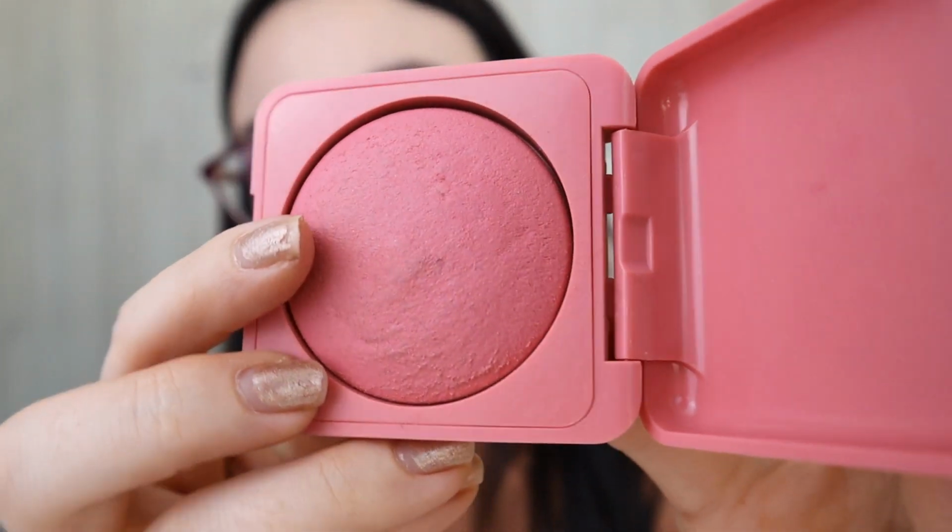And since we are in the About Face territory, I have to shout this out. Cheek Freak Blush Balm in the shade Laid. The names are very sexy, and I have used this quite a lot. As you can see, it's very well loved. This on me acts like